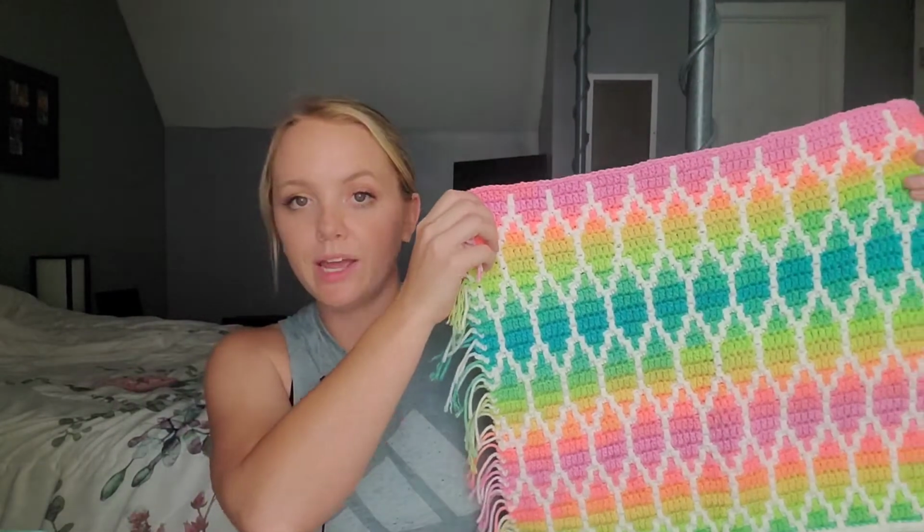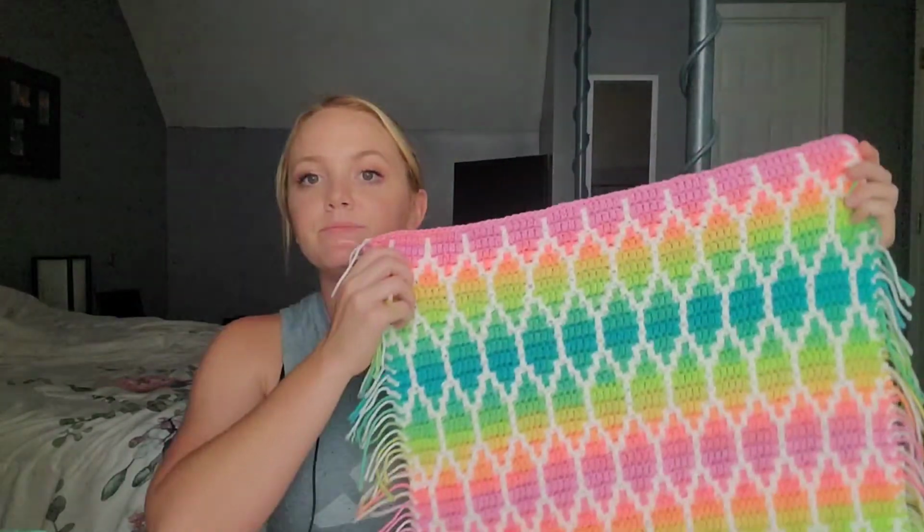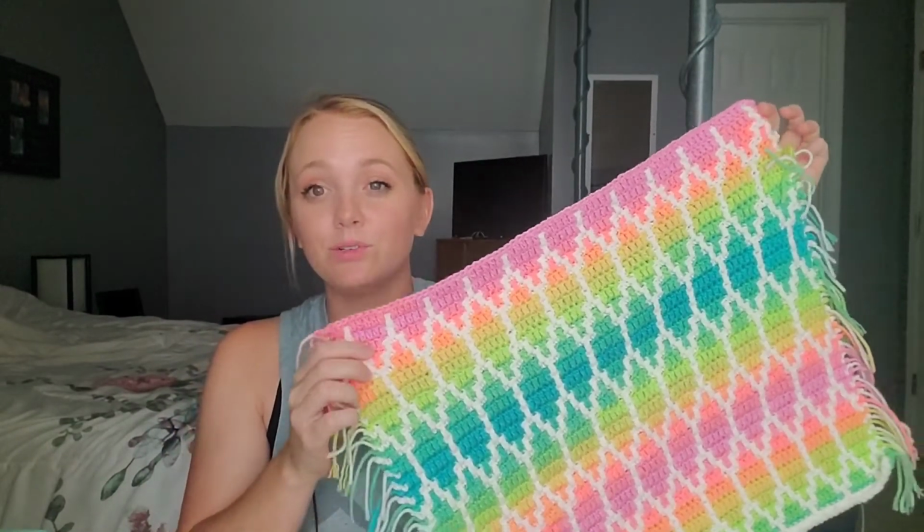Okay, and then the next thing is my Mosaic pillowcase, and this is using the Red Heart Retro Stripes yarn, and it is almost done with the front panel. I haven't worked much more on this recently just because I've been working on some of my other WIPs, but I do still really want to get this done soon. I do think about it a lot, like when I'm thinking about what do I want to pull out and work on. This one always comes to mind, but it's just one of those that you really have to pay